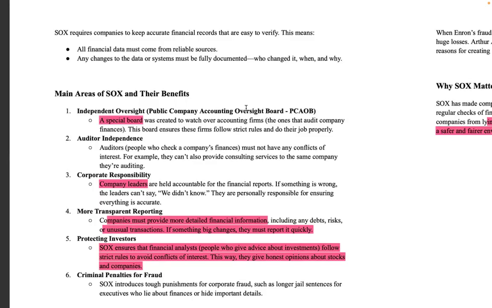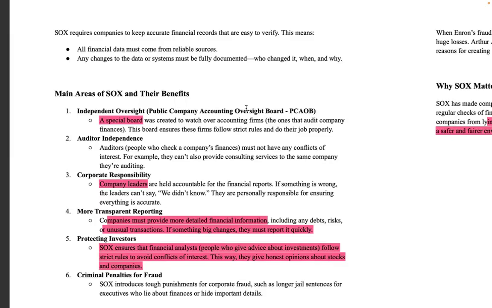Lastly, the fifth point, you have to protect investors. You have to ensure that the financial analysts that you're hiring or employing are following all the rules and regulations that are necessary and are giving you sound financial advice. So again, it's all about protecting investors. It's all about being transparent with investors. It's all about having transparency in your reporting, taking responsibility, having accountability, having an auditor that checks your reports to make sure nothing's wrong. It's all about eliminating any form of suspicious activity that's going on.